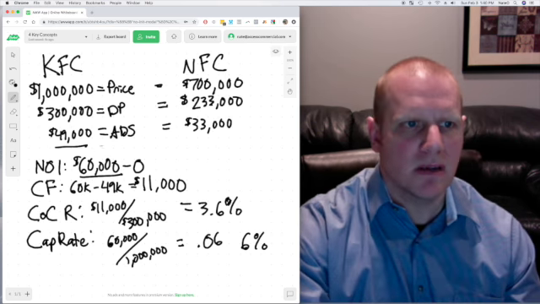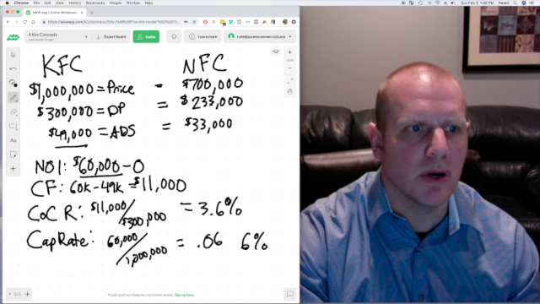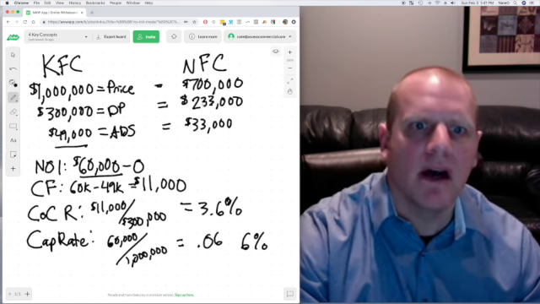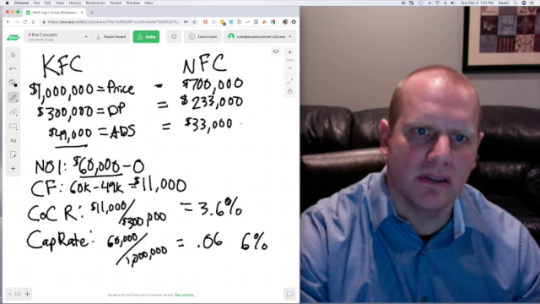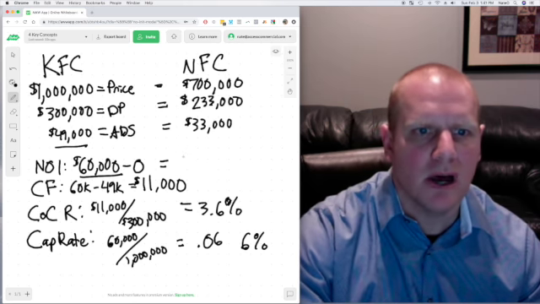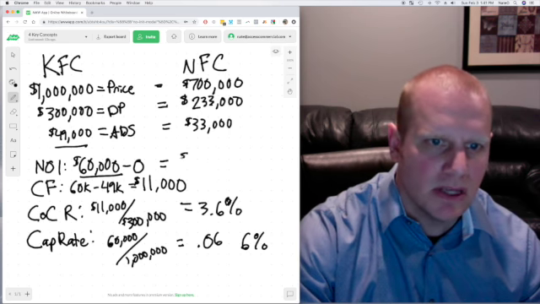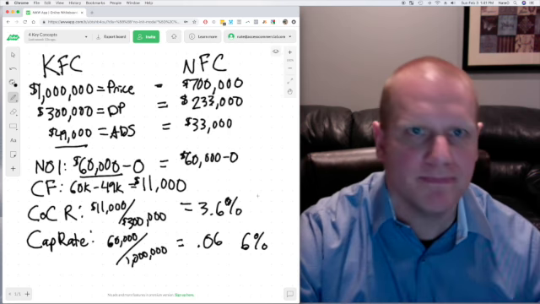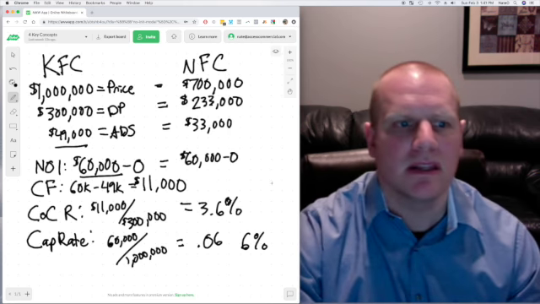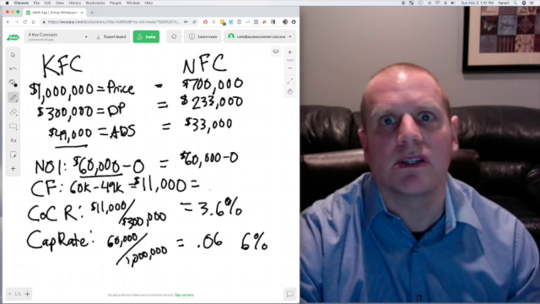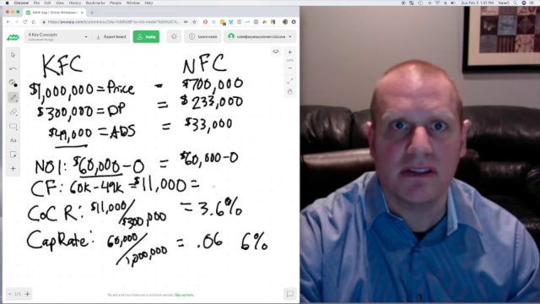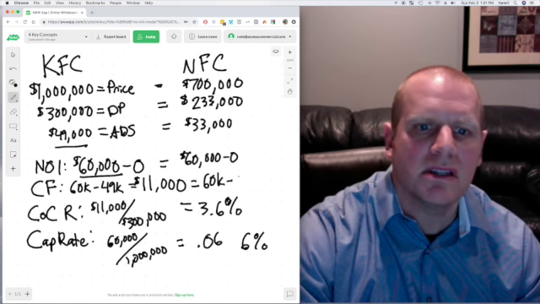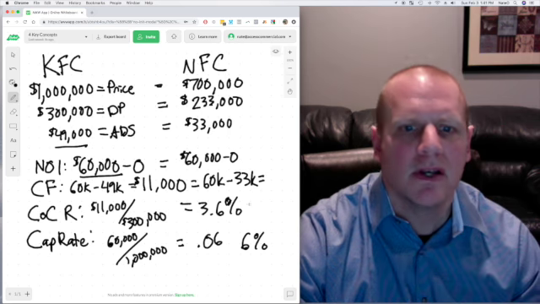And that would make sense compared to the more expensive KFC, where it was $49,000, because you're paying on $700,000. Here you're paying on about $467,000. The rent, which we'll say is the same, it's going to be $60,000 minus 0, or $60,000 because it's a triple net lease. The cash flow, as we'll see, is going to be a little different because the debt service is significantly lower for the Nebraska Fried Chicken. It is $60,000 minus $33,000, which equals